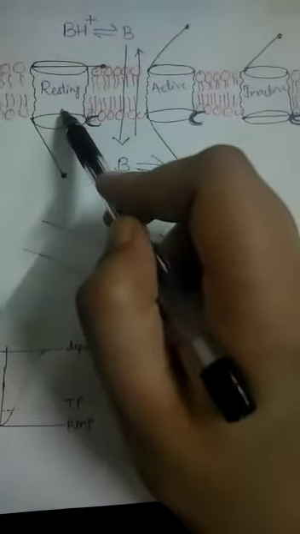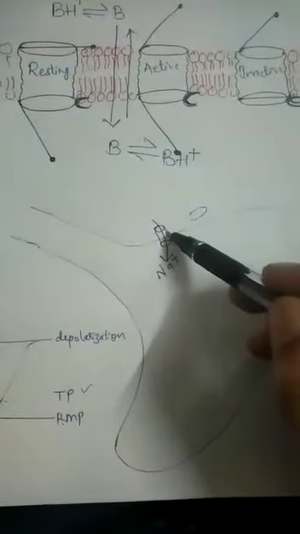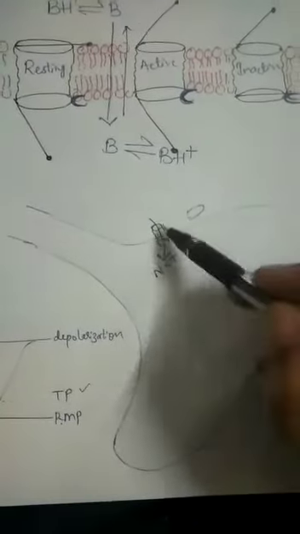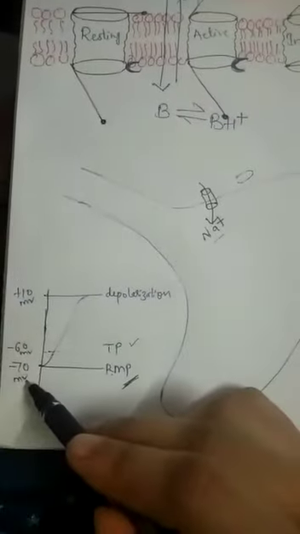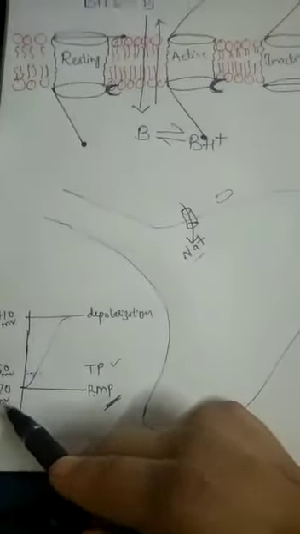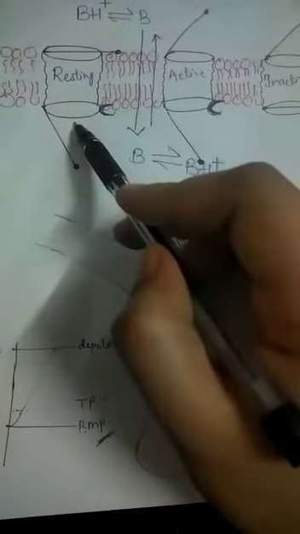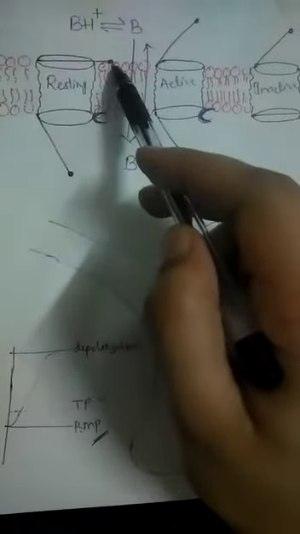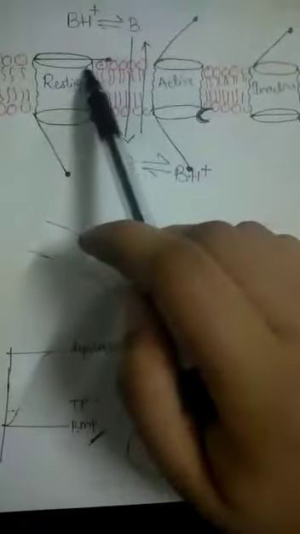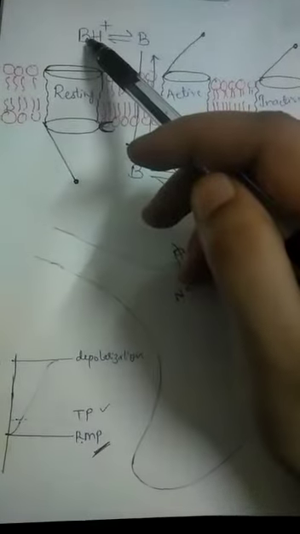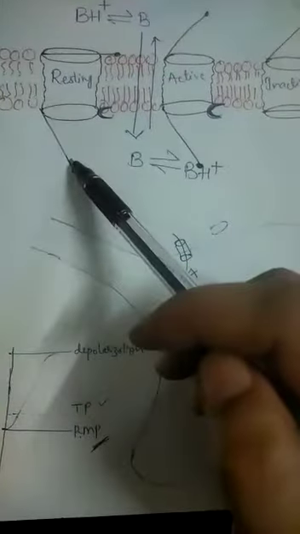Now we are talking about the resting stage of the voltage gated sodium channel. Resting stage means the stage when there still wasn't any influx of sodium ion via the mechanical gated sodium channel. At the resting membrane potential, that is at minus 70 millivolt, the condition of this voltage gated sodium channel is like this: the activation gate will be closed and the inactivation gate will be open. The activation gate is present extracellularly and the inactivation gate is present intracellularly, and this is your plasma membrane, you can see in red color. This is the situation at the resting stage.